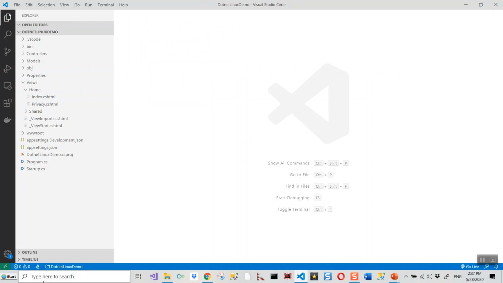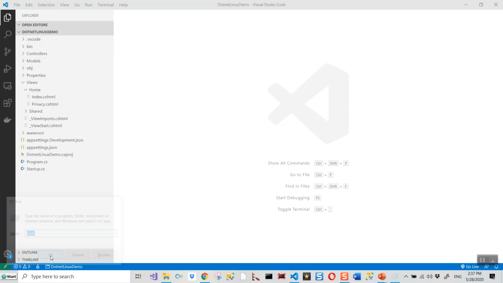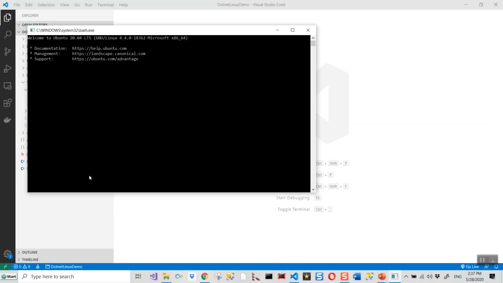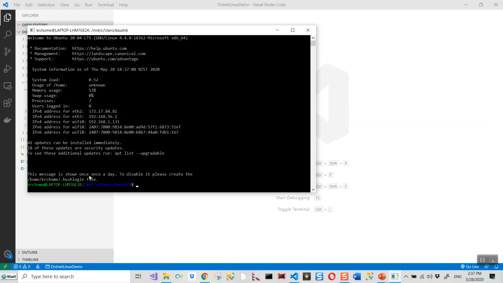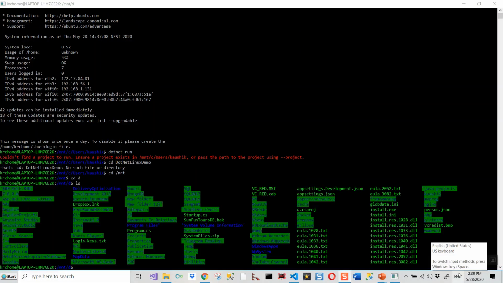Let me now click on the Windows logo and R and type bash. Let me open the bash window again. I have now expanded the bash command prompt and will give it a simple dotnet run.